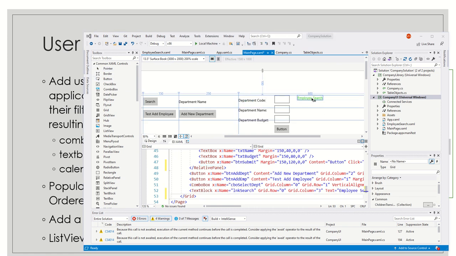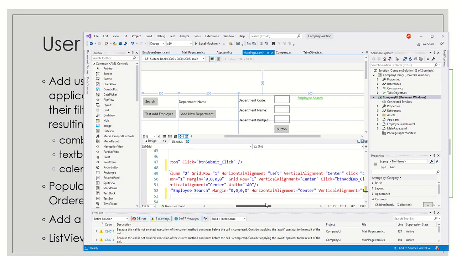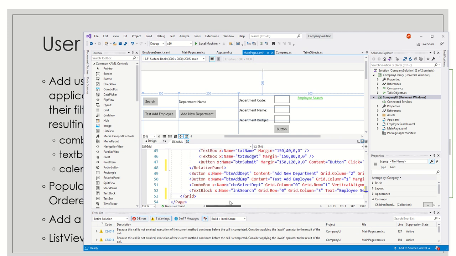Okay, so I've moved my text block into an appropriate place. Right here, I made it say Employee Search. I turned it green because the rest of my app is green and I think it looks cool. You can turn it whatever color you want to. It doesn't matter too much. But I've made an event on this text block, and that's something that we haven't done before, or that I haven't demonstrated before anyway,